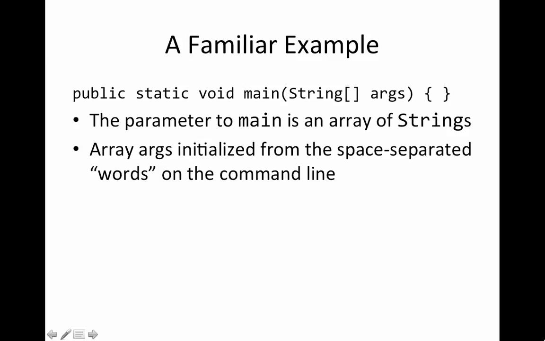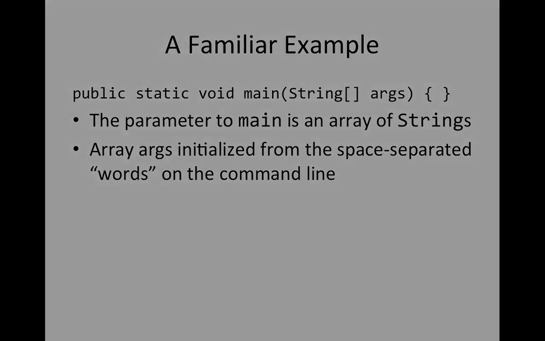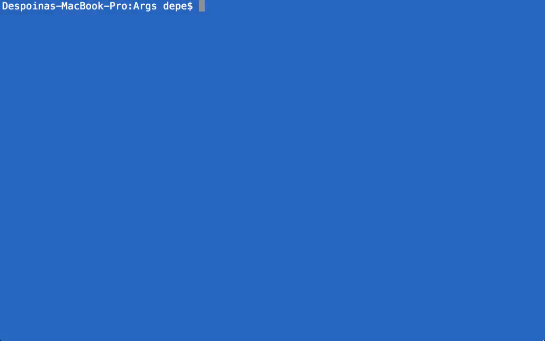Let me show you an example of what exactly we mean with space-separated words that we provide on the command line. This is the familiar terminal window where we have been compiling and running programs many times. We compile them with javac, and assume that I have a program called args.java that I want to run. What does it mean that we're going to provide a list of words on the command line? It means that when we want to run it, after we type the command java and then the name of the program, we're going to supply a list of arguments. For example, we could say first, second,